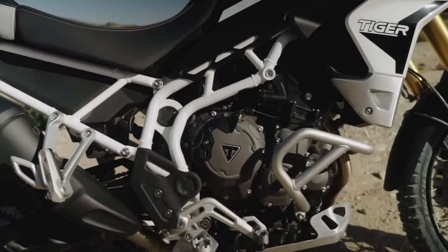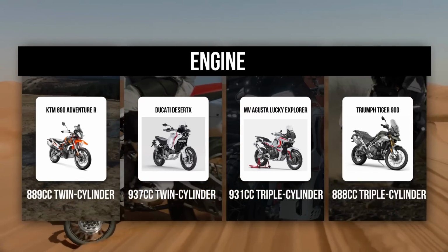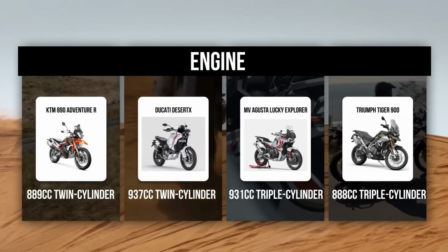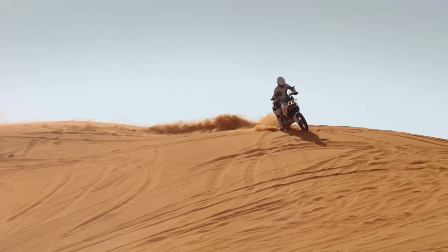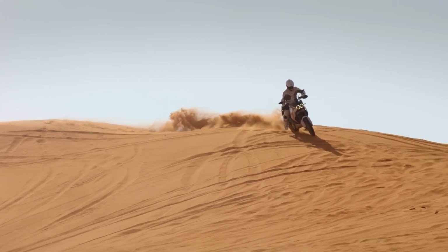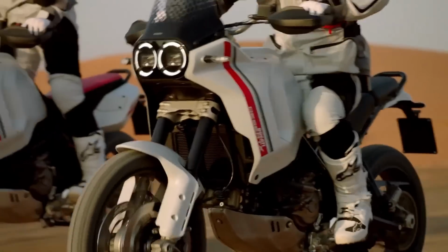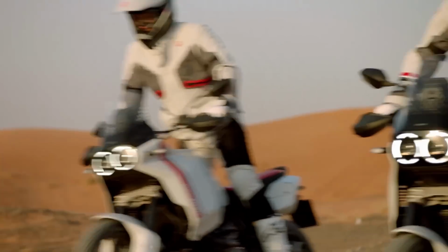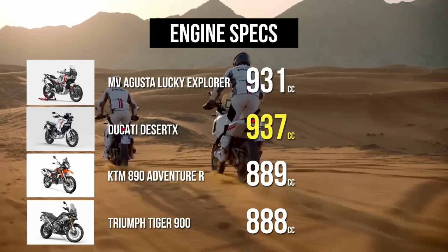Our quartet here are split half and half between twin-cylinder engines, Ducati and KTM, and triple-cylinder engines, Agusta and Triumph, which alone will be enough for you to decide which motorcycle you want to take home. We'll have to wait and find out how the Ducati and Agusta fare in the real world, but they certainly boast some enticing figures. The Ducati Desert X is the largest engine motorcycle here, with its tried and tested Testastretta